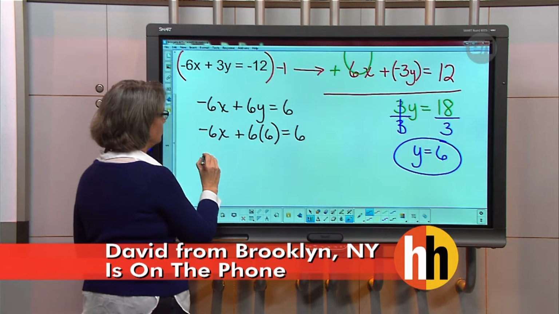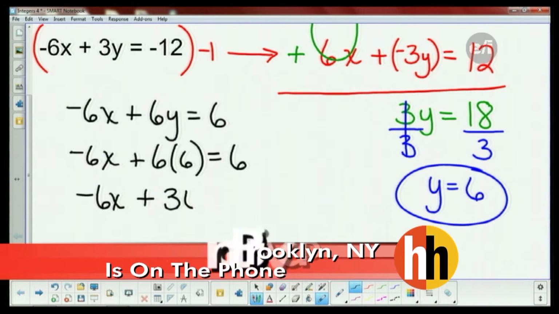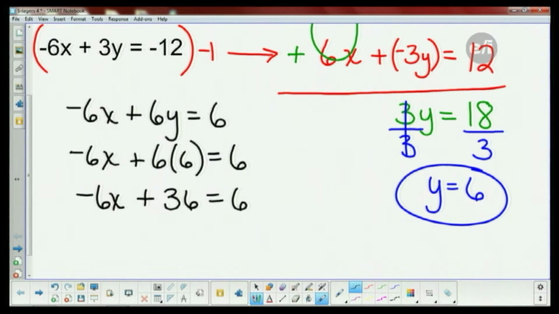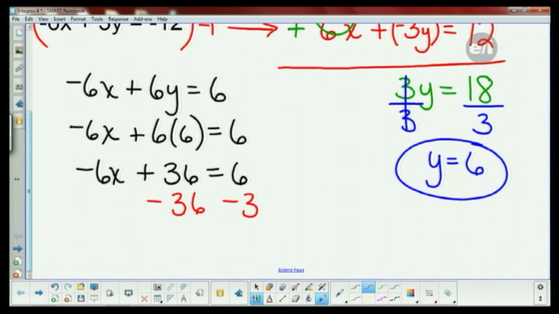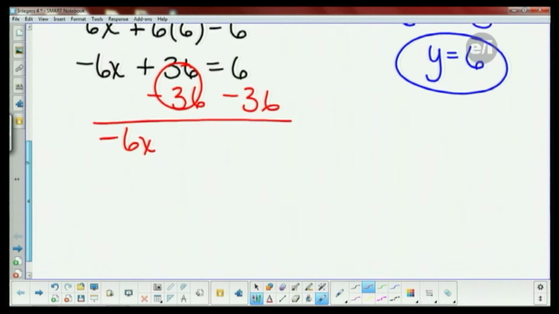36. All right, so I'm just going to keep bringing down that negative 6x, bring down that 36 now. And now what do I have to do? Now you would have to subtract 36 on both sides. Good job. And I'm going to show that in a different color since we're down to a two-step equation. Uh-oh, I don't like negatives. Can you help me out? I have a negative 6x over here. This made 0, but what's that? 6 and a negative 36 equal? Negative 30.